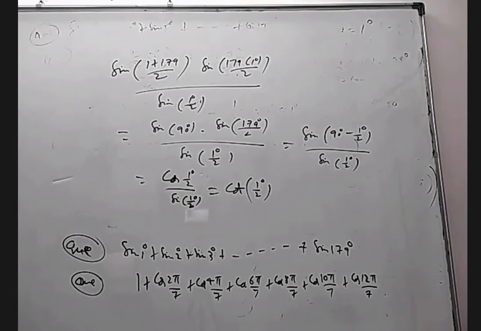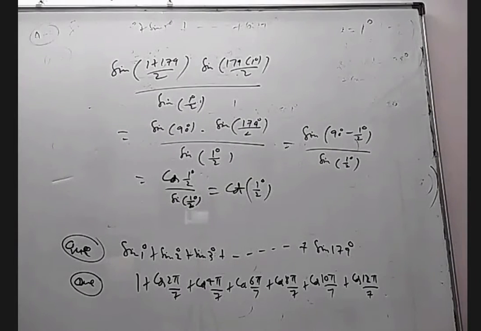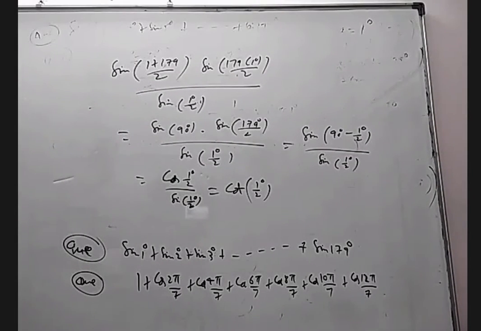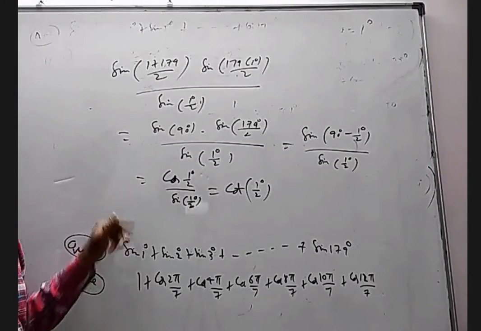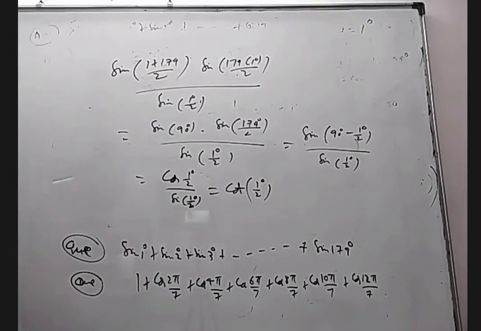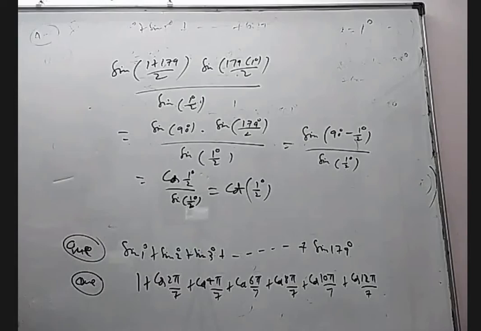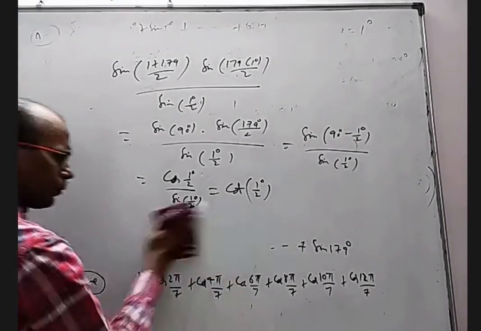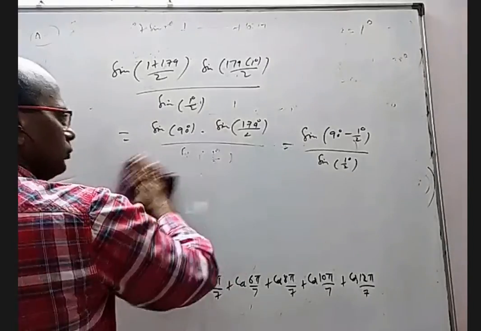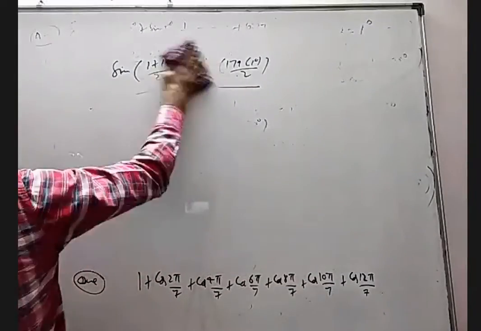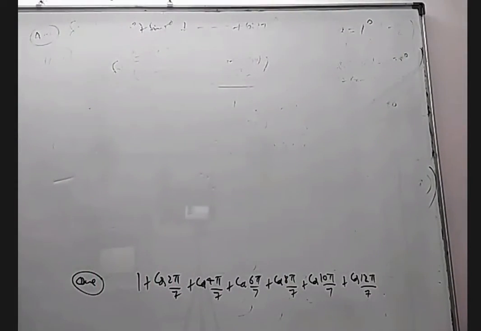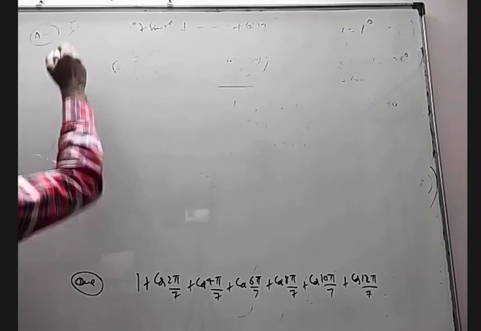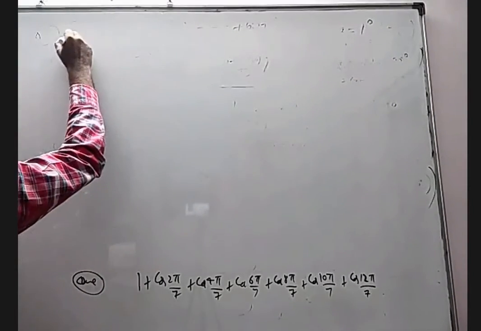Okay, the other question, anybody got any answer? 0. Okay. So this answer is cot 1 by 2 degrees, and I'm going to erase this whole thing. Anybody needs more time? No, sir. Okay, this question's answer is 0. But I want to give another method apart from this. Method 1, or I can call it whatever, method 1 for this question.